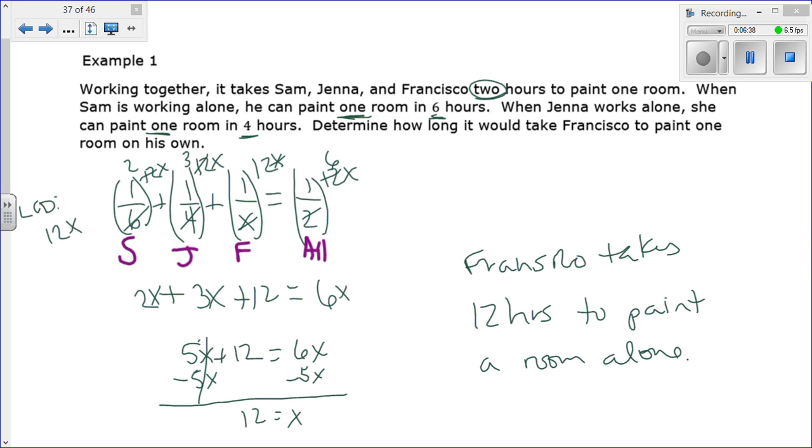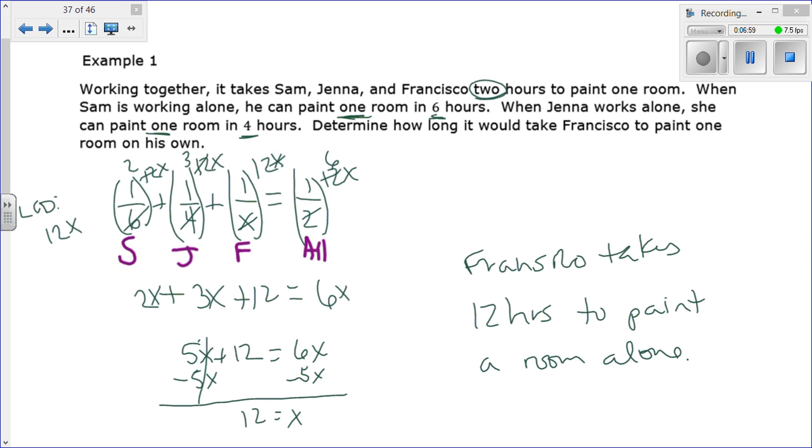So my LCD is 12x. So I multiply every term by 12x. The 6 cancels out with the 12. I'm left with 2 times x. 2 times 1 times x is 2x. Then here, the 4 cancels with the 12, becomes a 3, so I get plus 3x. Here, the x cancels, so I just get plus 12